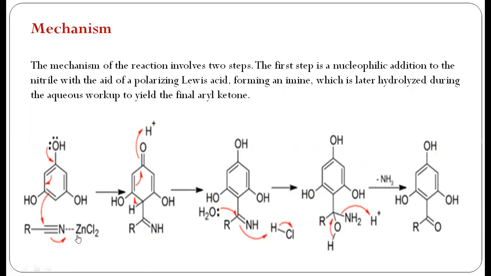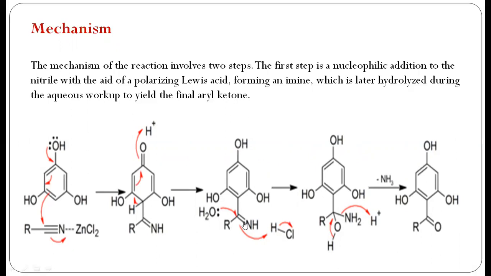In the presence of the Lewis acid, which gives electrons to here, simultaneously this pi bonding electron shifts to this carbon. Like this, the imine compound will be produced. Then in the next step, this hydrogen gives electrons to this aromatic compound, simultaneously this pi bonding electron shifts to here, then again this pi bonding electron shifts to this oxygen, which gets a minus charge. Again it reacts by combining with H plus, which produces the phenol.